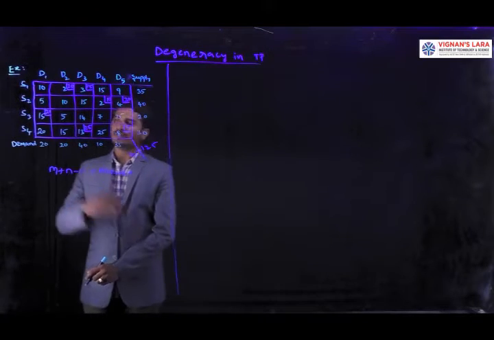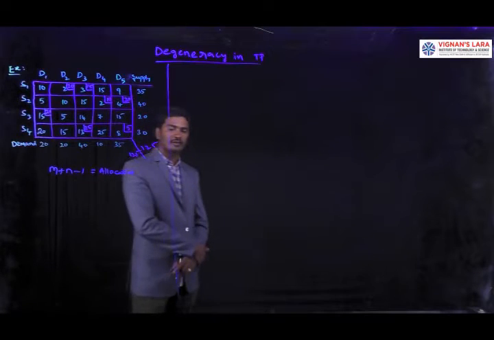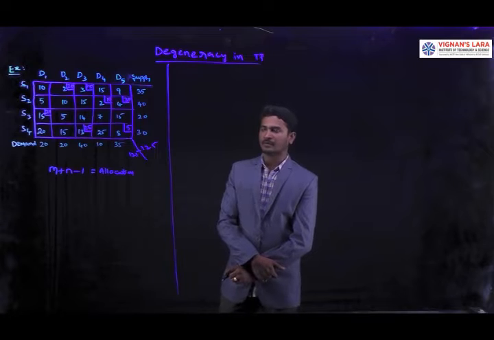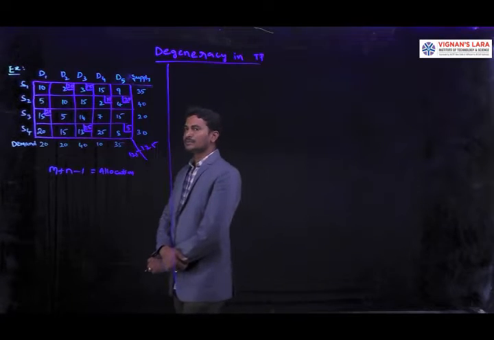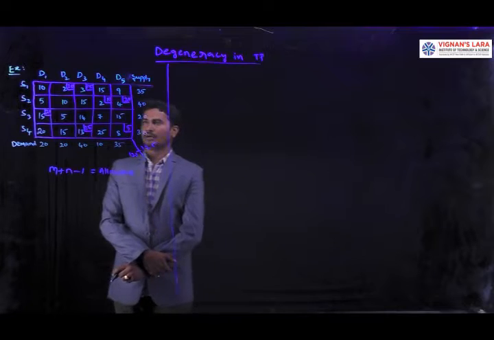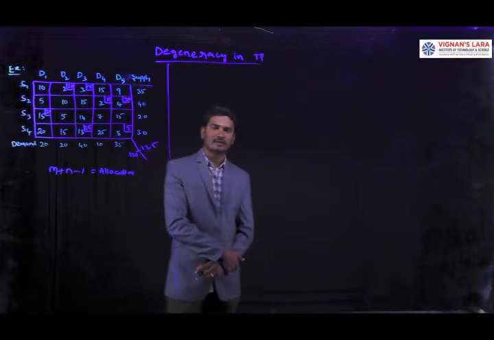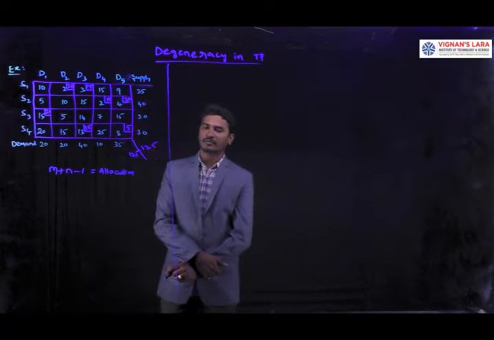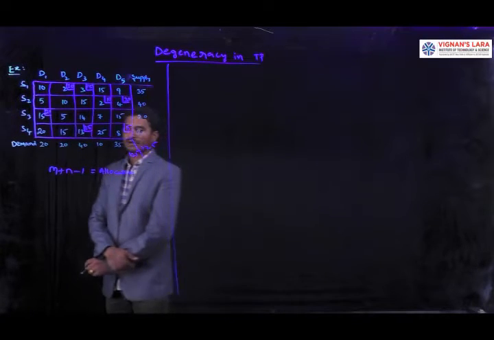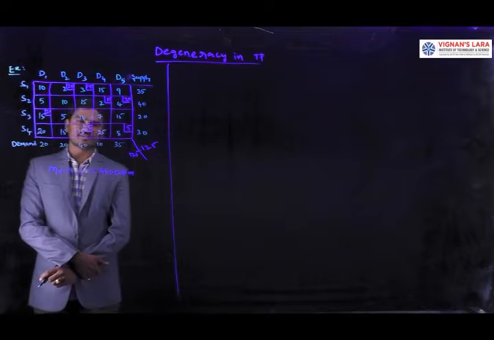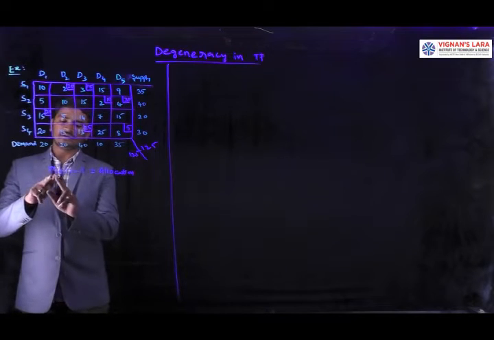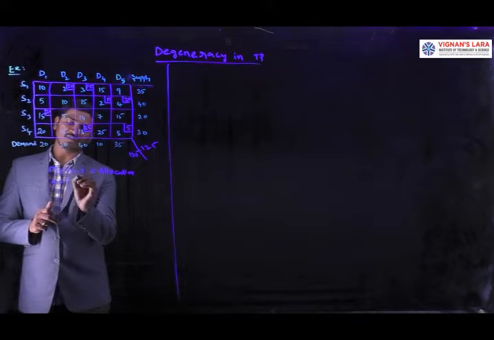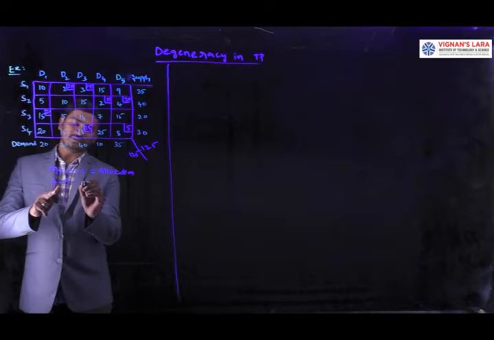Here in total we have 4 rows and 5 columns. It means 4 supply stations and 5 demand stations. In this transportation problem we have 7 allocations. So from that we are going to check whether the given problem is in degeneracy or non-degeneracy. Here m means the number of rows, 4 rows are there, and n means the number of columns, 5 are there, minus 1. It means it is equal to